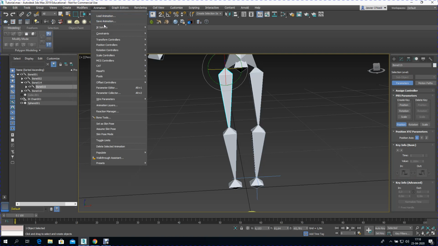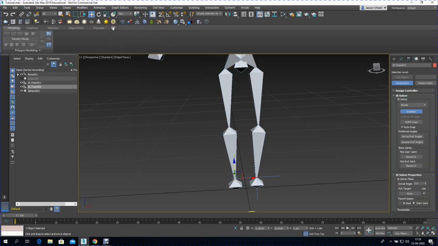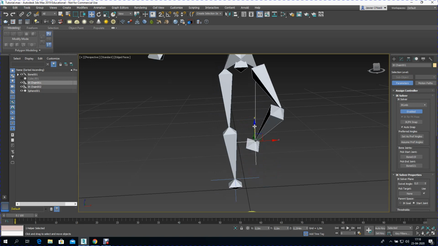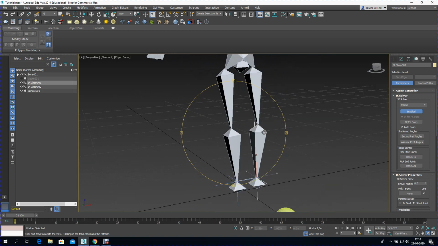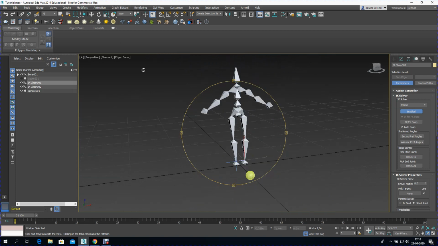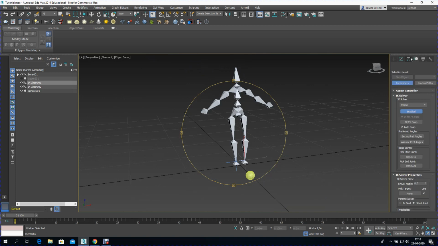Animations, IK solvers, limb solver, click to the bottom, click. Did I do it? Yes, there it is. You see again, I lift, it lifts my leg, kind of like a leg would more or less function. So that's good. So now the next step is going to be, I'm going to go to my display,